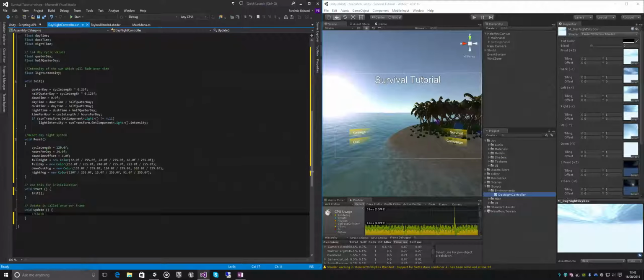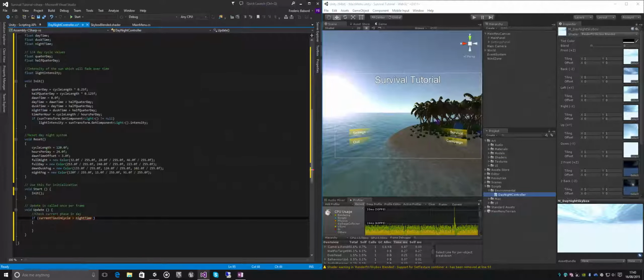So check current phase in day. So if current time in cycle is greater than